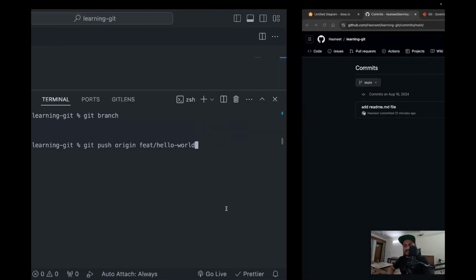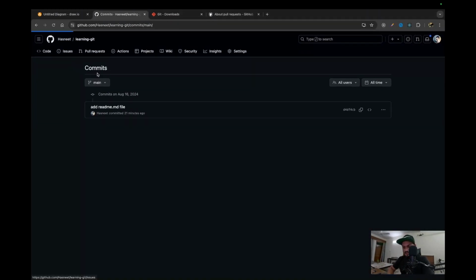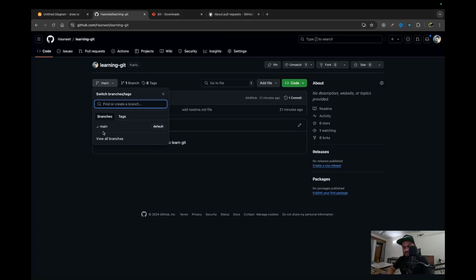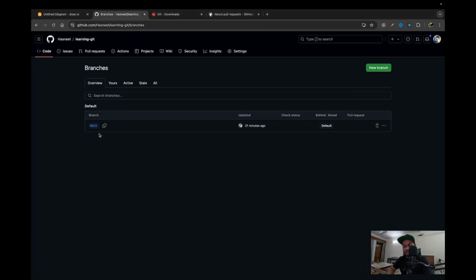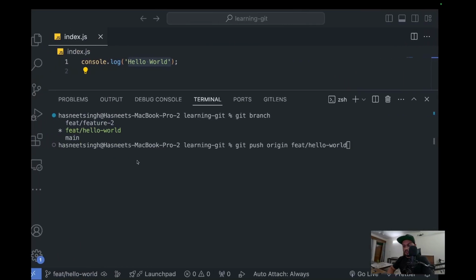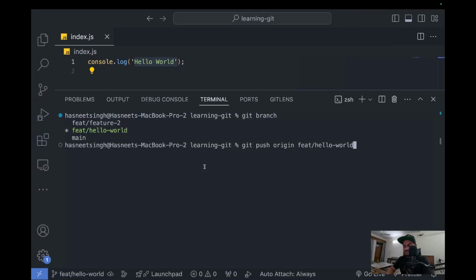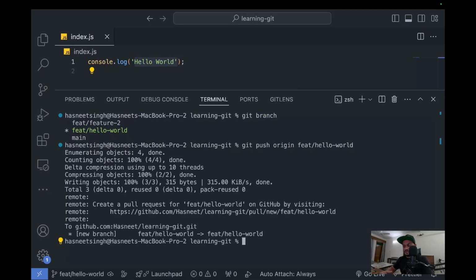Now before I hit enter, let's quickly confirm that we just have one branch. We are not seeing any other branch other than the main branch over here. If you click on view all branches, again we are not seeing any other branch, so we are good to go. If I hit enter, it should create and synchronize our feat hello world branch onto our remote repository from